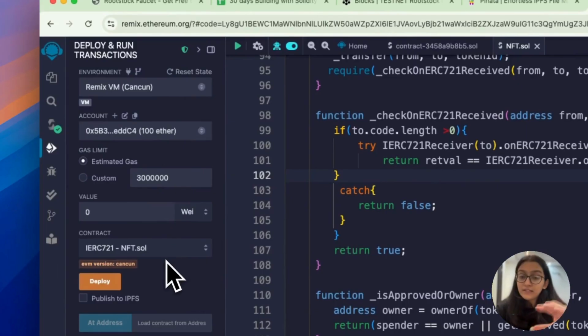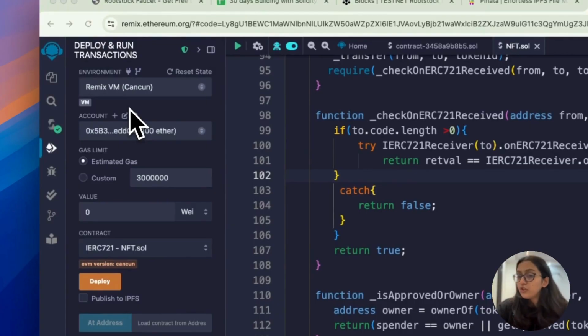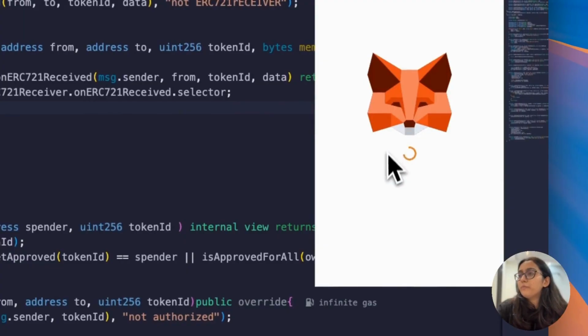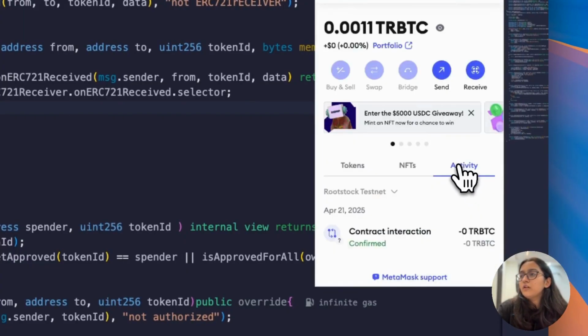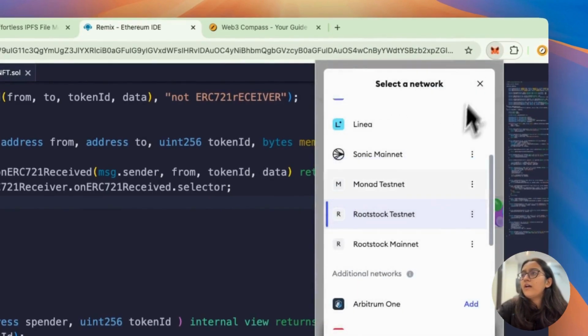Now, what happens is that here you have to take it as injected provider MetaMask, and this is a kind of pop-up that you will get, and then you can just connect it. Right now, I think all I have is